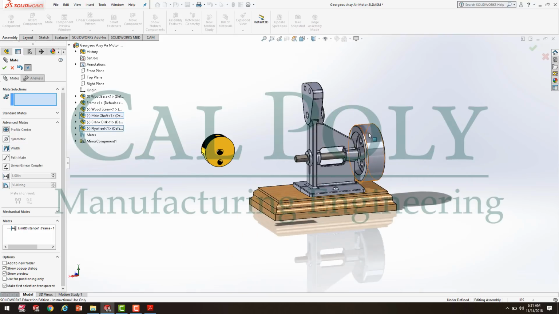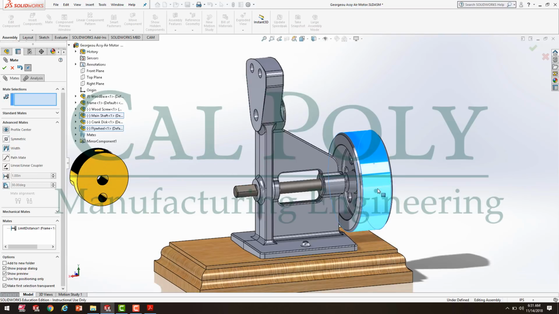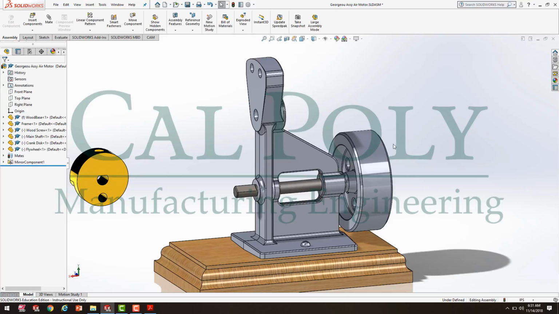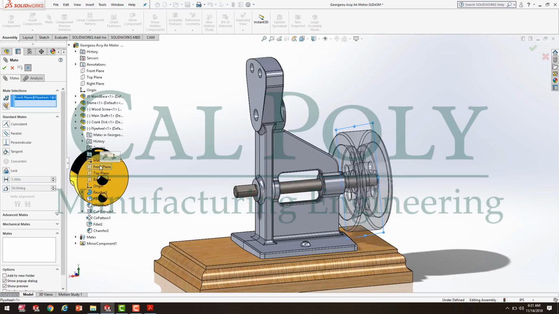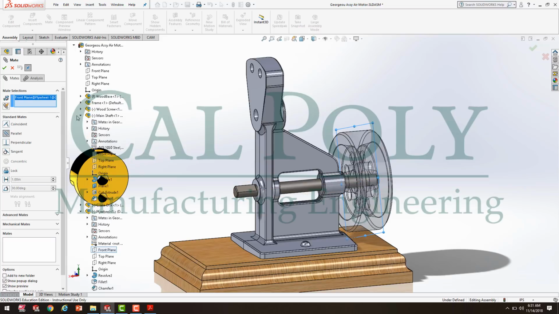Now remember, the flywheel is always going to rotate on the shaft. The problem is, when it gets press fit, the flywheel and the shaft need to rotate in relationship to each other. In order to make them rotate with relationship to each other, I've got to go ahead and mate them to each other, other than just concentric. So what I can do is I can hit mate. I can go through and I can pick my flywheel, my front plane. I can make that parallel to my main shaft's